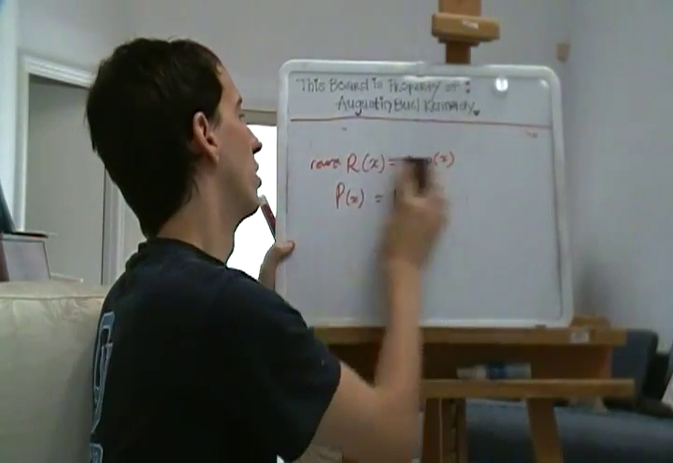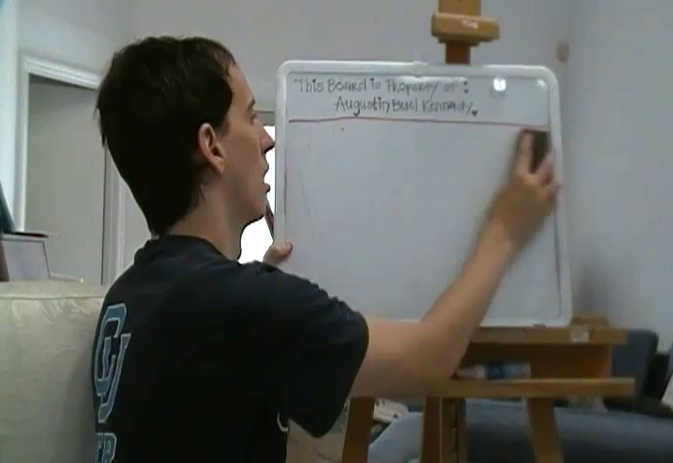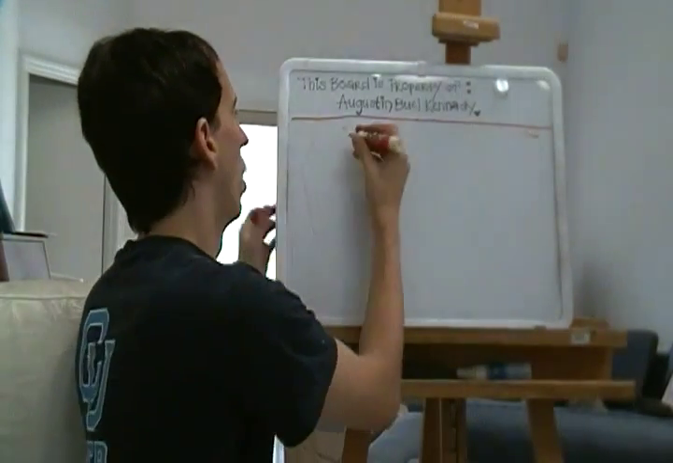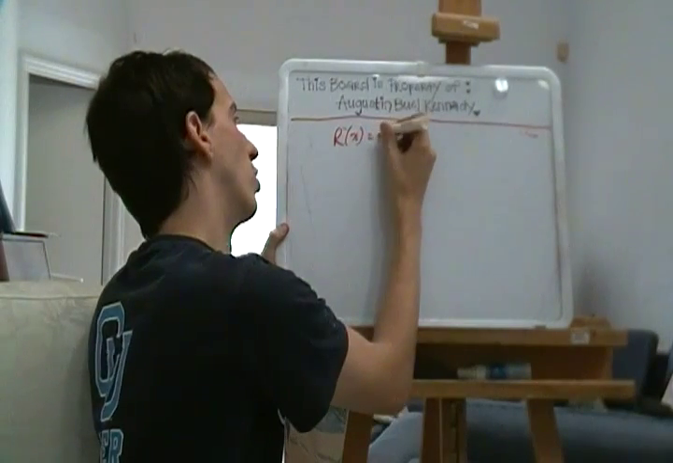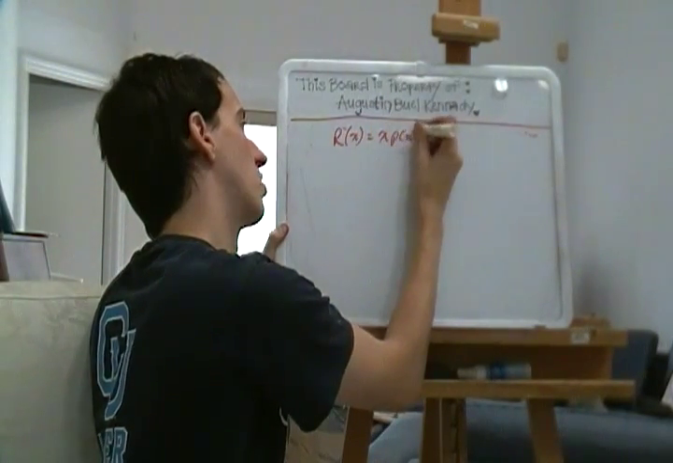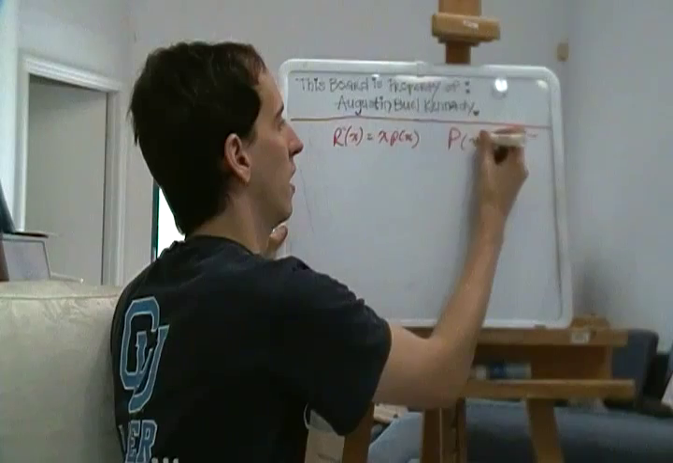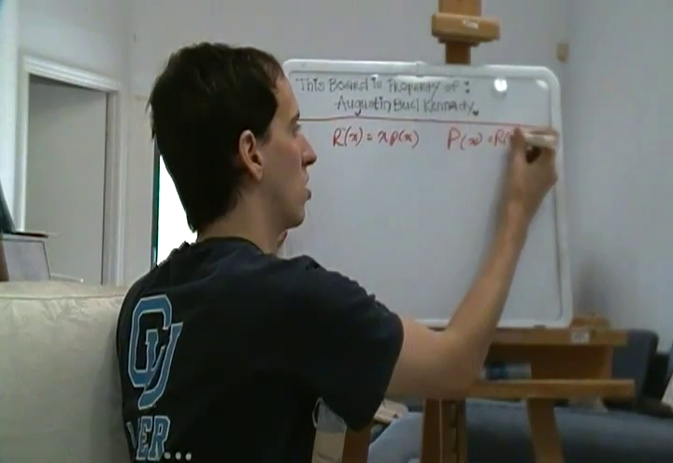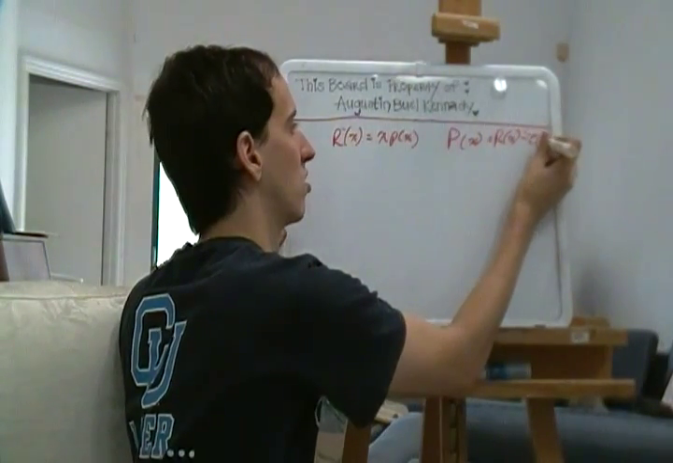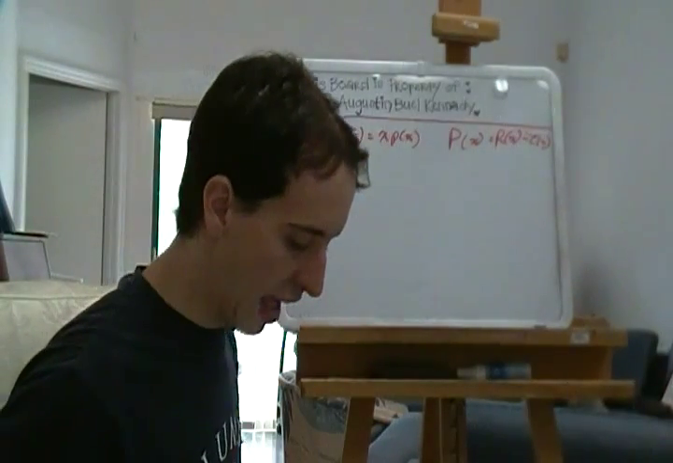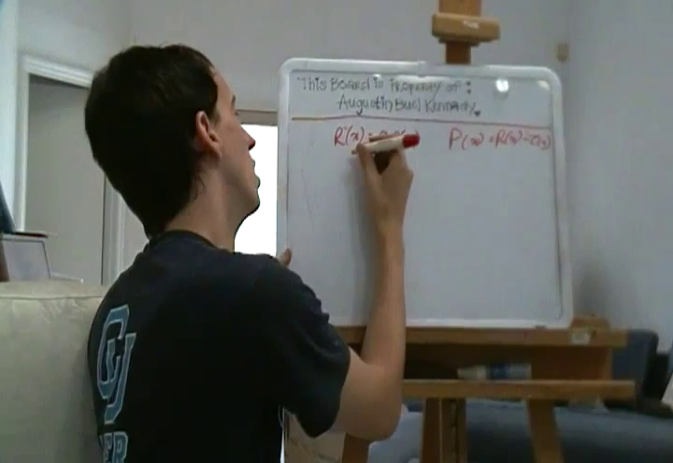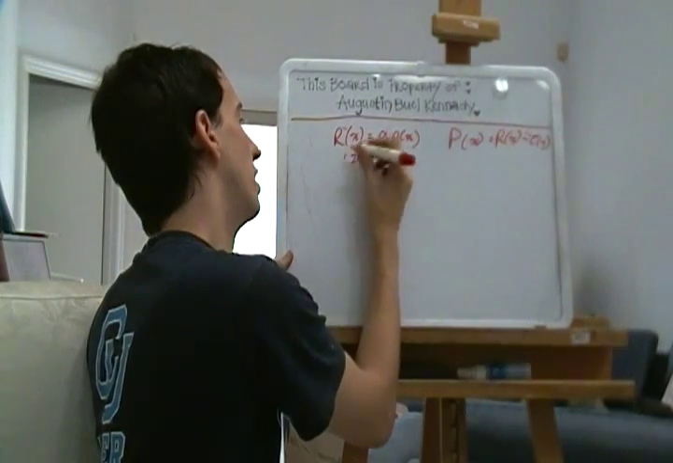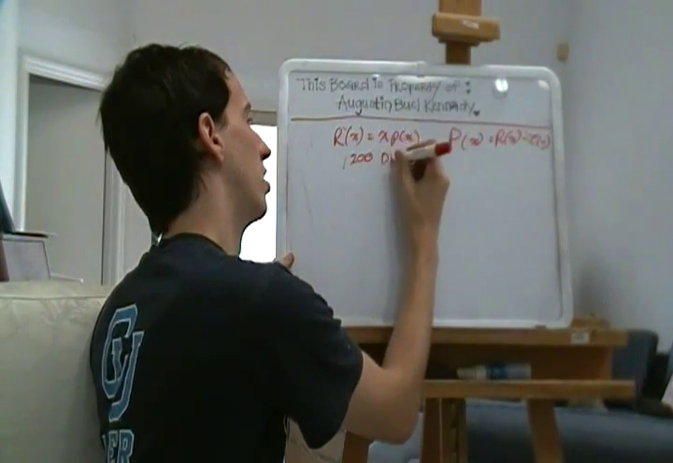C of x, the two real keys here are R of x equals x times little p of x, and big P, profit, equals R of x minus C of x. Knowing that, we know that the store has been selling 200 DVD burners a week,